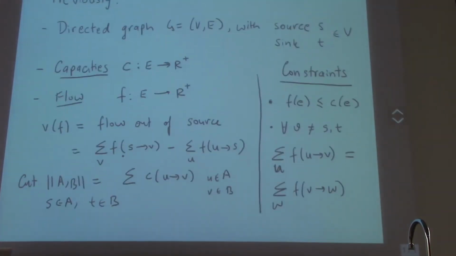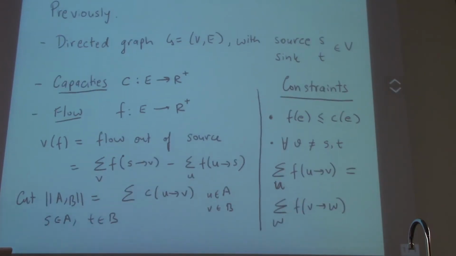We talked about constraints on this flow. There are rules that the flow has to satisfy, otherwise this problem is not very interesting. But in particular, you can't overfill a pipe, so the flow has to be less than the capacity. You can't produce or create water from nothing except at the source and sink. So for any vertex that's not a source or sink, what goes in must come out. And that's the equation.